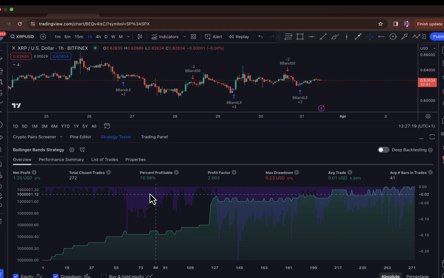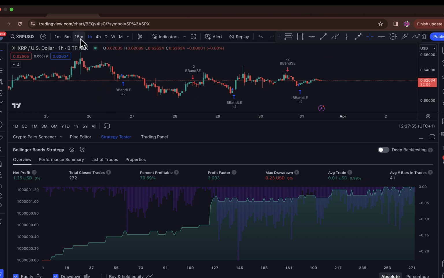So this is the strategy tester that I've opened, and the percentage profitable is at 70%, but we need to improve this so we can have a proper edge on the market. So what am I trying to do? I want to make this 70 into something very big. 80, we just need to have a proper advantage in the market. So these are the changes we're going to make to this strategy to make it more profitable and more user-friendly. First of all,